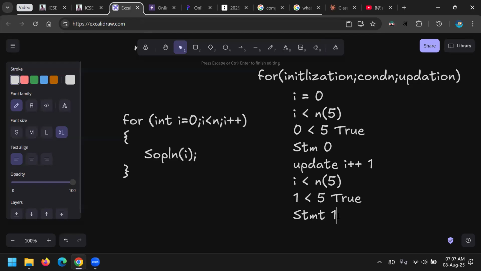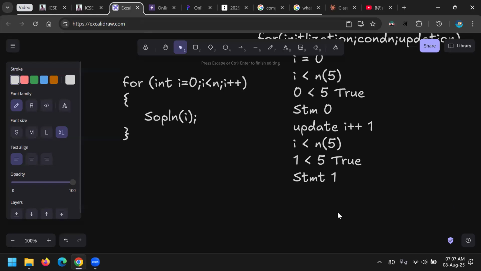After the statement, what happened? Update happened. So update is done, and i value is 2. Now again, what happened? I will check,